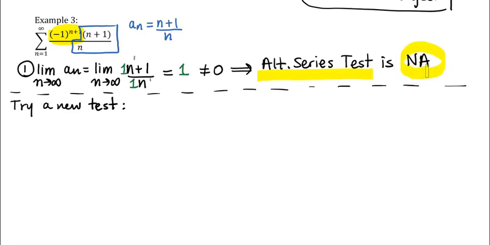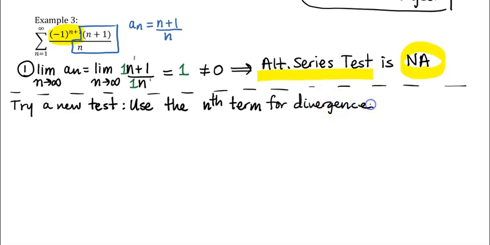Once you conclude that the test will not work for this series, if you're starting over with a fresh series that you're trying to test for convergence, the first test you should use would be the nth term test, because that is a very quick way to test for divergence. If you remember, what the nth term test tells us is that if you take the limit as n goes to infinity of everything on the inside of the series,